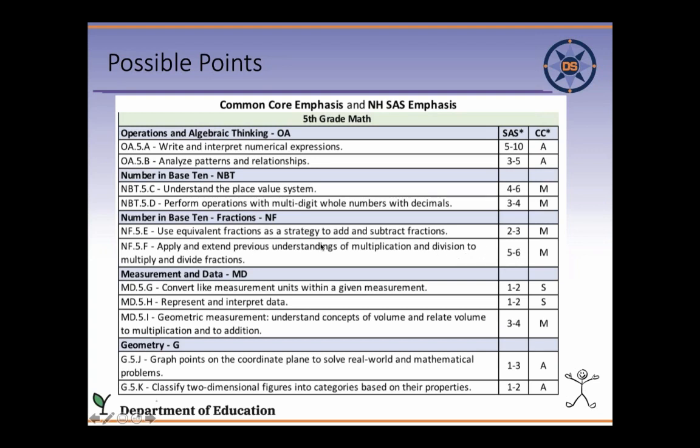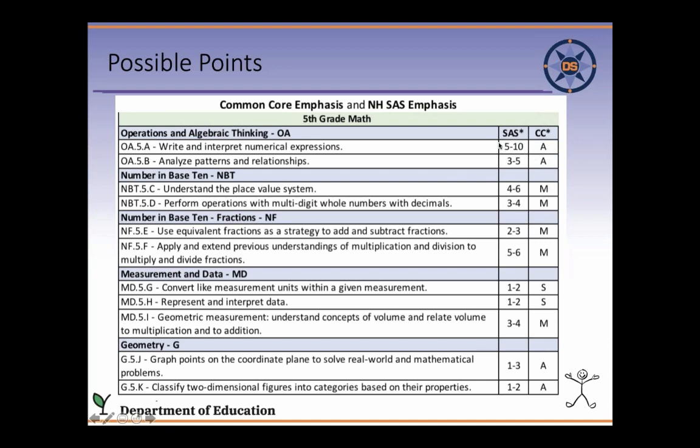So this cluster, there are actually standards under here. This might be something that I'd want my 5th grade teachers to work on. What's the CC? I have someone who asked about the CC with the star. So we get the SAS and the CC. SAS is the number of points the SAS assessment gives to each of these clusters. The CC is from Achieve the Core. Achieve the Core took these standards and grouped them, or figured out which clusters were most important to them or to the Common Core people. I don't know who the deciders were, but they were major, supporting, and additional.